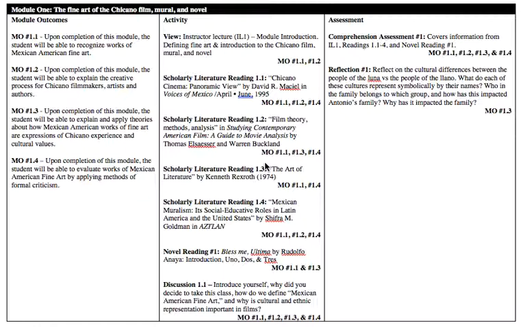So 1.1, meaning we have 4 in this module 1. So, 1, 2, 3, 4: 1.1, 1.2, 1.3, 1.4. Number 1, upon completion of this module, the student will be able to recognize works of Mexican-American fine art. So what we're going to talk about in these activities with these readings, what you're going to learn, is how to identify and recognize a work of Mexican-American fine